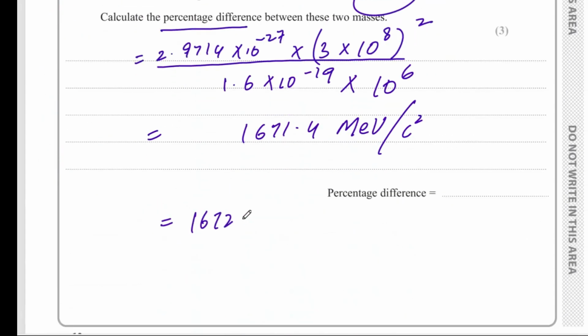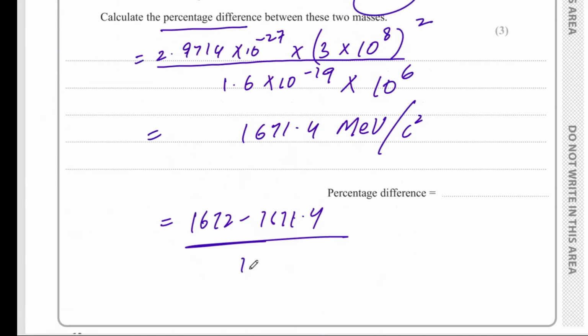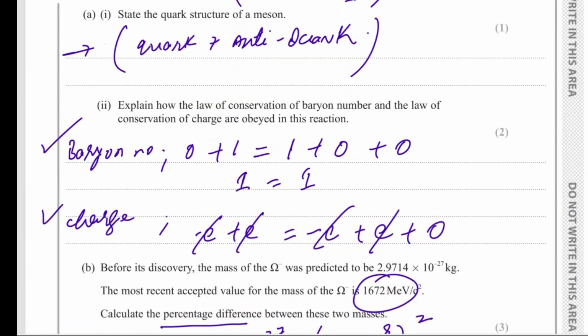So 1672 minus 1671.4, divided by 1672, right? And if you're going to calculate the percentage, you just need to calculate the percentage difference. I need to give that in percentage as well. So while solving it down, you must have the final answer as 0.036%. So that is the percentage difference between the values of the mass of the omega minus in the two